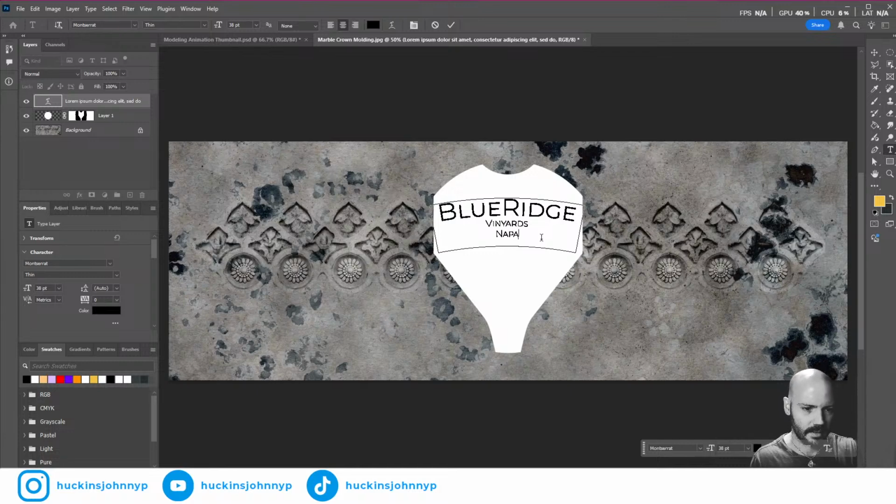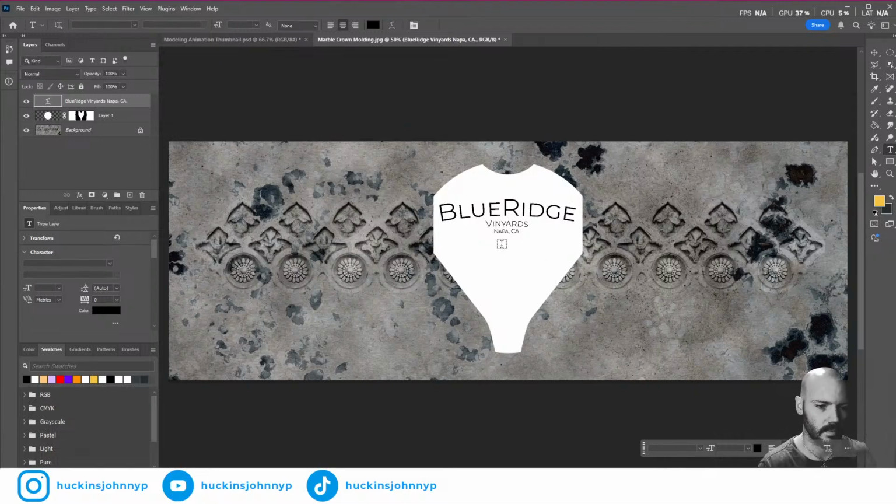Napa, comma, CA. And this will also be thin, and it'll probably be even smaller. Napa, California. And this will be thin as well. And I love that. And the nice thing is with this, Blue Ridge Vineyards,